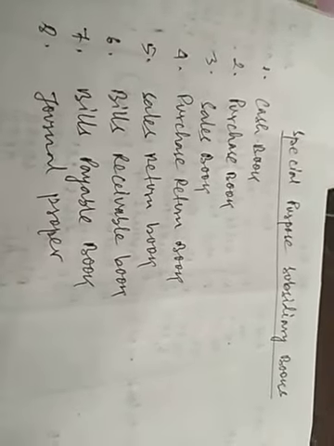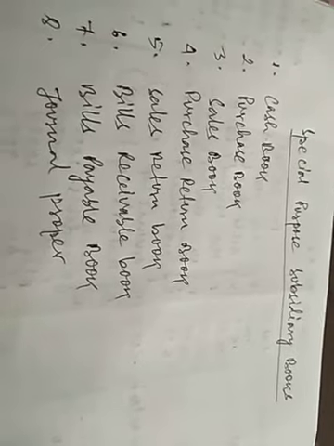Now let us see what is purchase book and how it is prepared. Now this is the format of a purchase book. Here you can see the format of a purchase book. First of all, we have date, then name of the supplier, thereafter invoice number, then LF, details, purchase, input CGST, input SGST, input IGST, and total amount. So these are the columns that you need to make for preparing a purchase book.